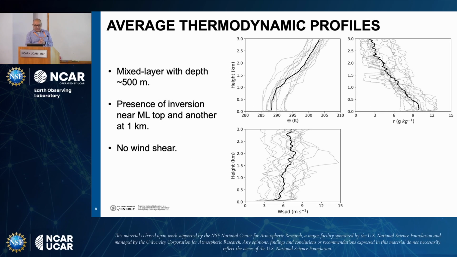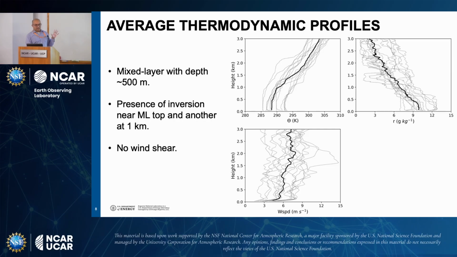All right, I don't want to spend too much time on this figure, but I just want to mention that these are average radiosonde profiles: potential temperature theta, water vapor mixing ratio r, and wind speed. I want to highlight that, as I showed you in the schematic before, you see a nice mixed layer here, a small inversion, then a nice stable layer and another trade wind inversion. It's pretty substantial in my mind.